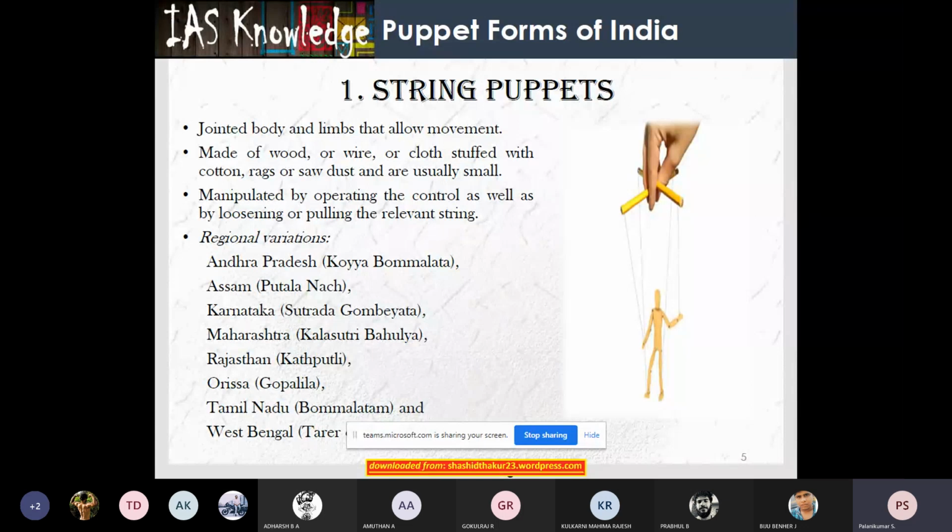Up to that, it has done. Okay, so in each regional variation, it may be called by different names, but it did only the one same thing. If you see the regional variations, in Andhra Pradesh they call it Koya Bomalata, Assam Putala Nach, Karnataka Sutrada Gombaita, in Tamil Nadu Pommalattam, Orissa Gobalila. Likewise, different names only, but